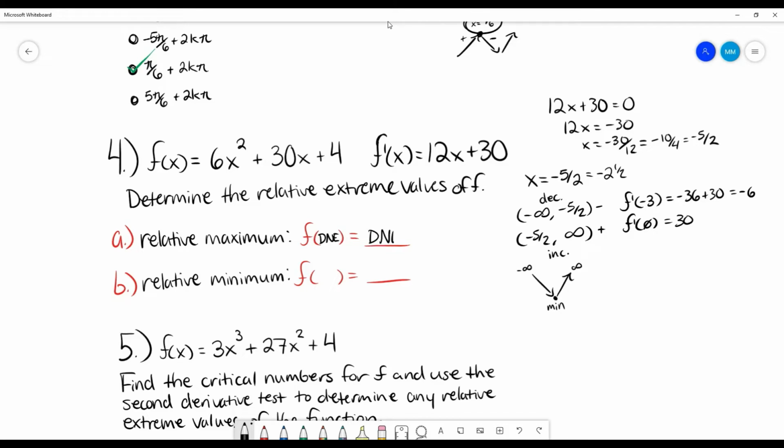So these do not exist. But our relative minimum is at negative 5 over 2. And now we have to figure out the actual value of it. So let's plug that into our original function. f of negative 5 over 2 is 6 times that squared. That's going to be 6 times 25 over 4